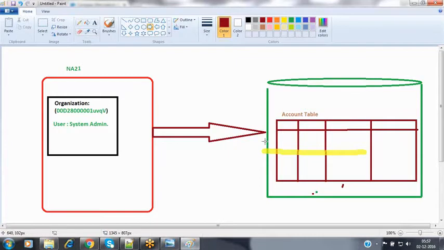Then I'm using the free developer edition. Then how can I get the license? Even though you are using the free developer edition of Salesforce, Salesforce is giving 5 licenses to you by default. Why? Because without the license, we cannot connect to the Salesforce database and we cannot perform any operation.